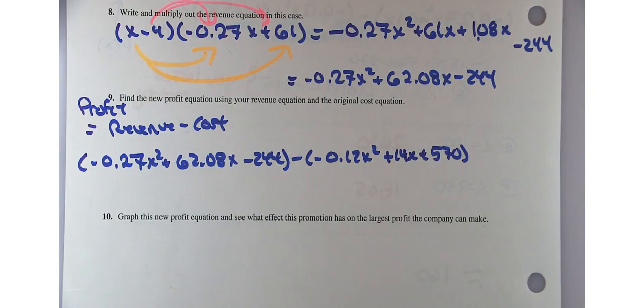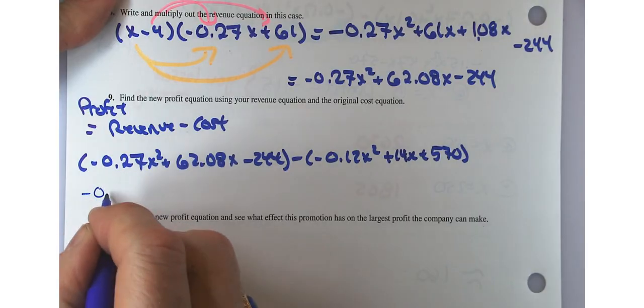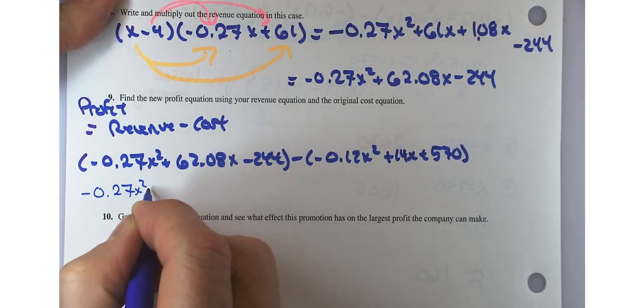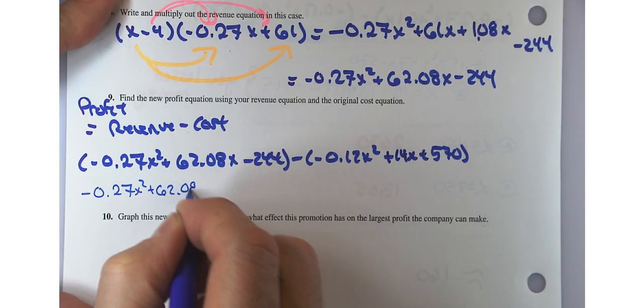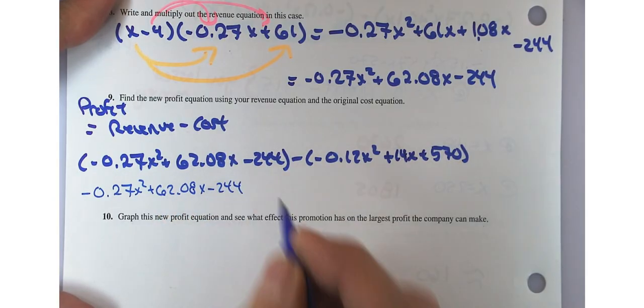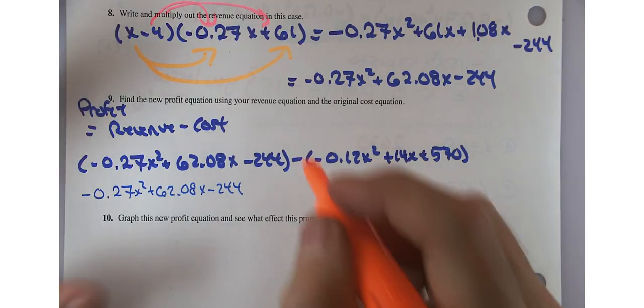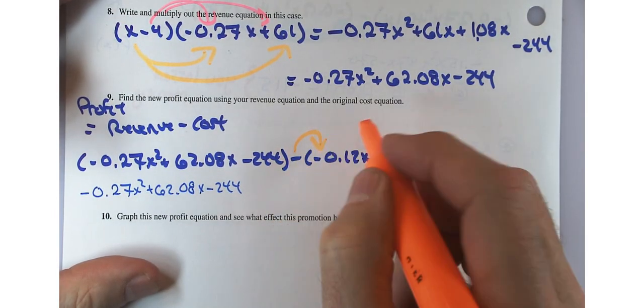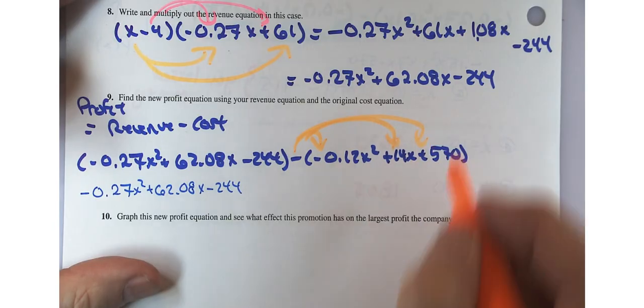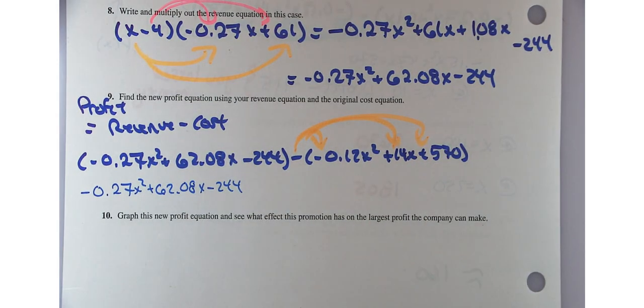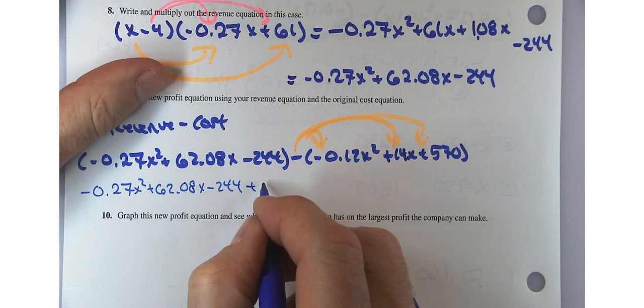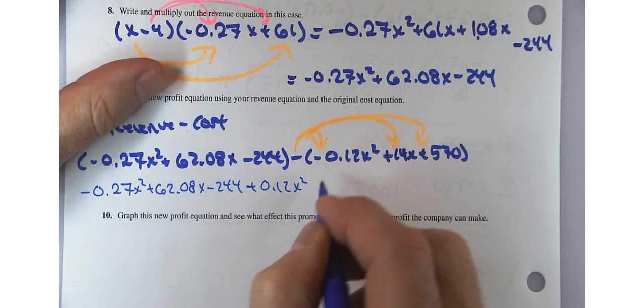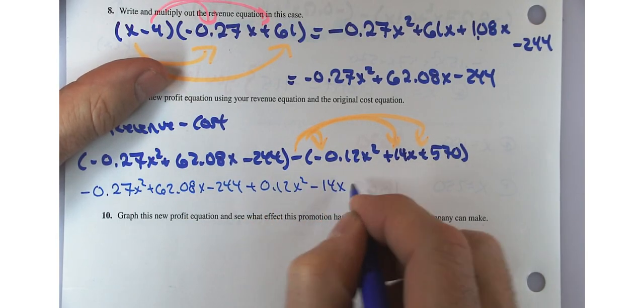So there's a lot going on here. I'm going to pull my trick from earlier, start writing a little bit smaller. Negative 0.27x squared plus 62.08x minus 244. And let's distribute that negative to all three terms. Plus 0.12x squared minus 14x minus 570